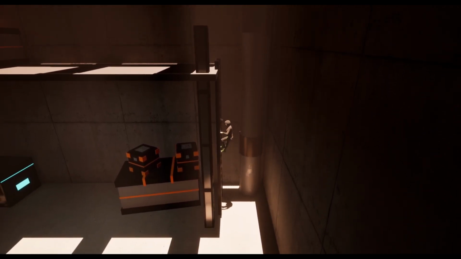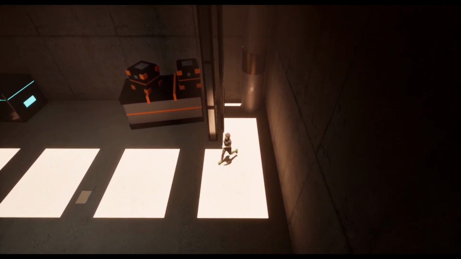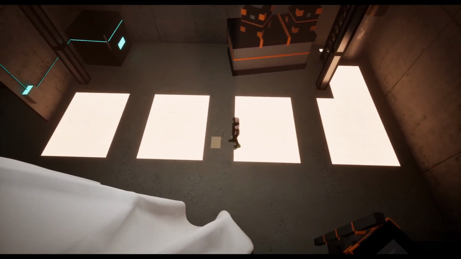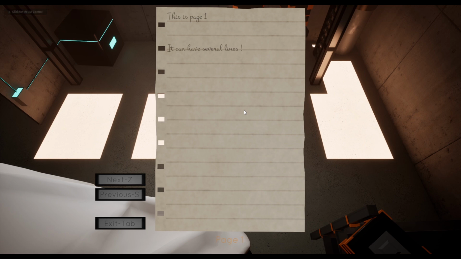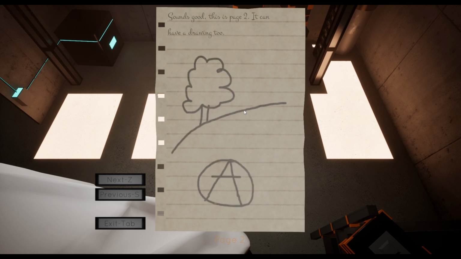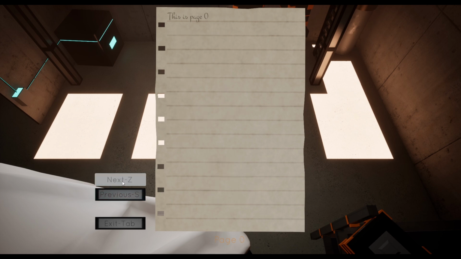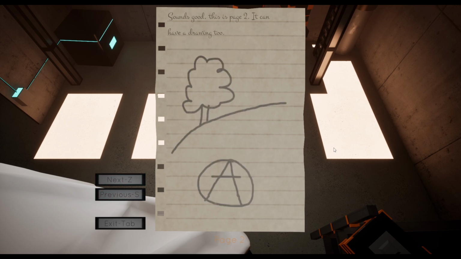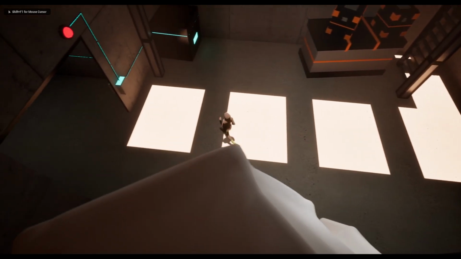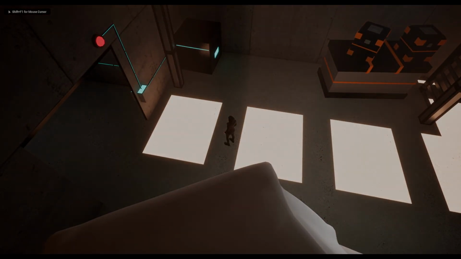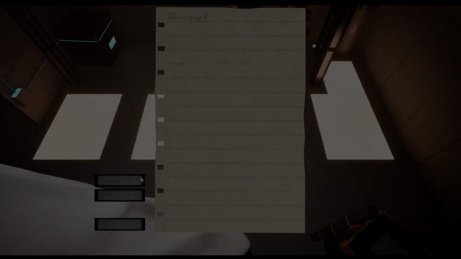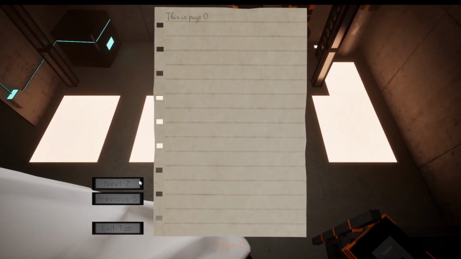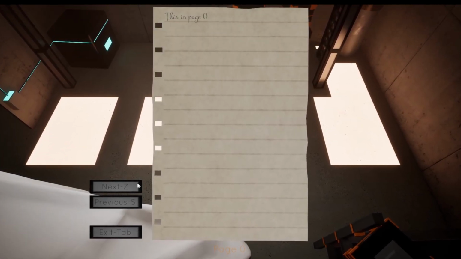I've also worked on a second, more visual UI element. I made the decision that the player will find here and there pages from Zad's lost journal, a journal in which she was describing her former life as an activist. The player is able to toggle a widget and access these pages at any moment in the game. This will be the way to tell the story of the main character. Of course, it seems strange that these pages are found in an unexplored structure, but there will be an explanation for this. Oh, and I had fun once again recording a piece of paper to get the sounds for the book widget.